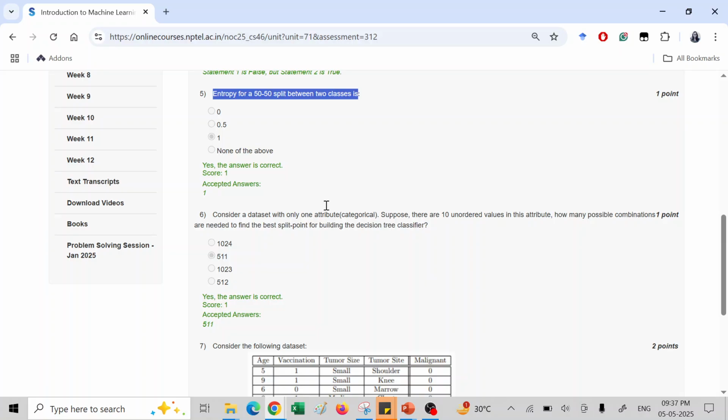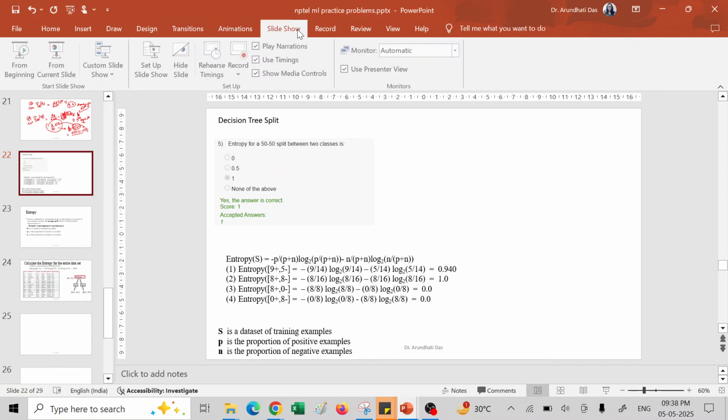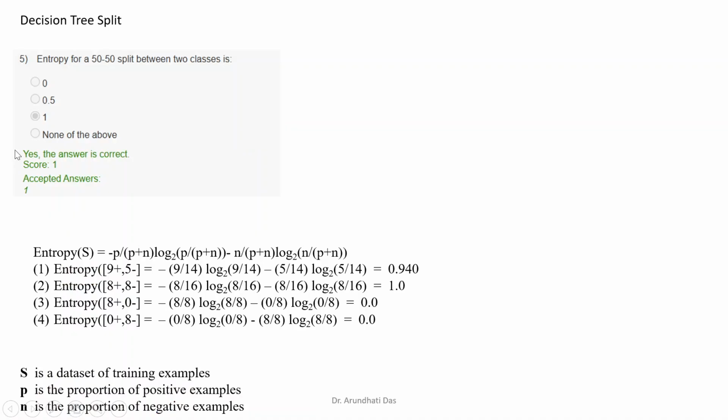So here the question is: entropy of a 50-50 split between two classes is what? This is a particular question from the topic decision tree. So here, in case of decision tree,